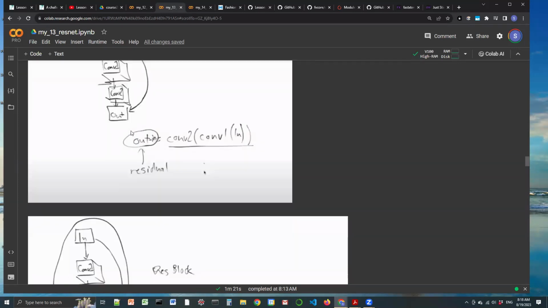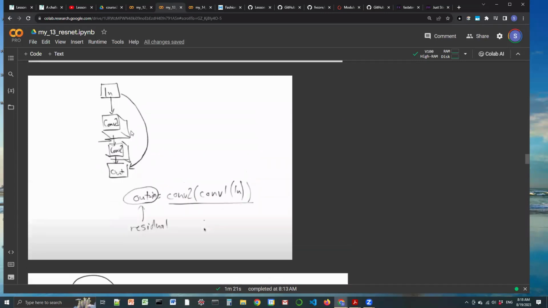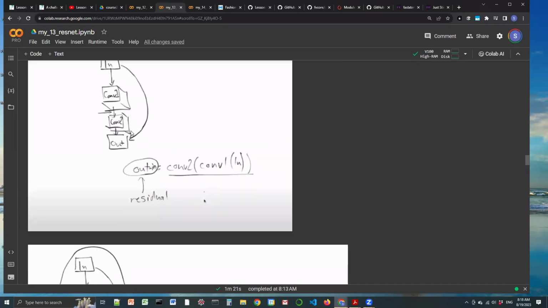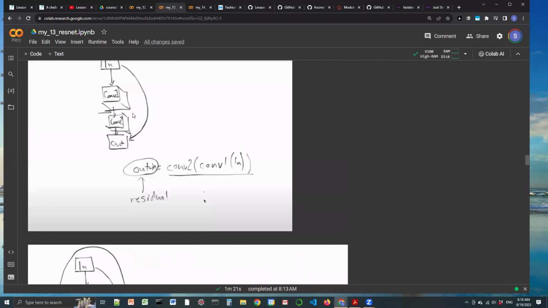Right. Now, one thing that I've kind of elided or not explained, or not highlighted, but it should be obvious, is you can only add the input to the output if the number of channels of the output and the input are the same, and the size of the images for the output and the input are the same. In other words, this input can only be added to the two convolutions of the input,